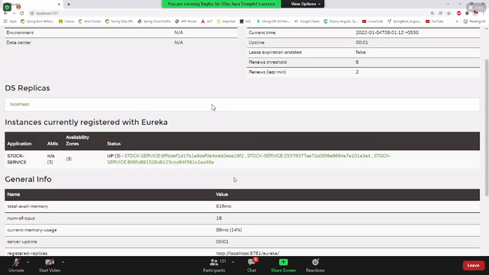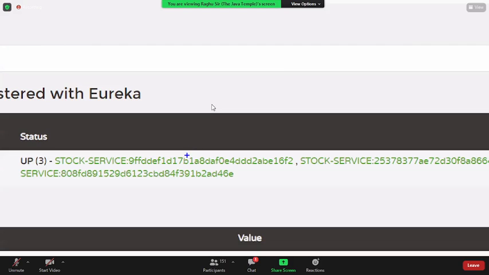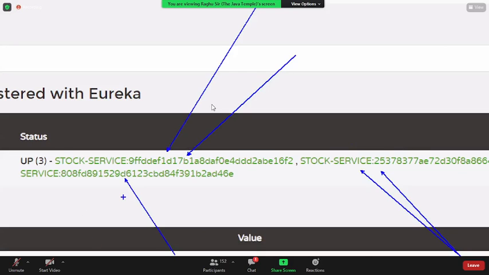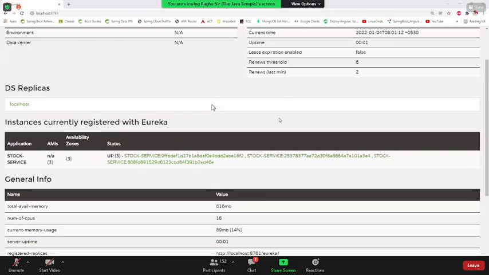If I make a request the first time, it goes to the first instance, then the second request, third request, again fourth, fifth, sixth, in continuation. In order it fetches instances based on the instance details, that is, load factor details.